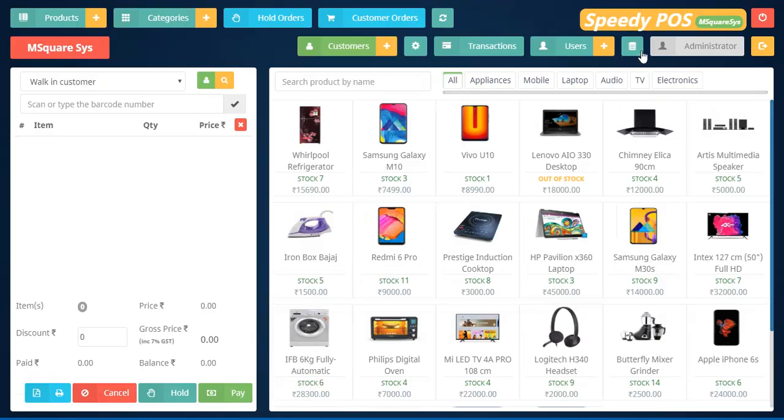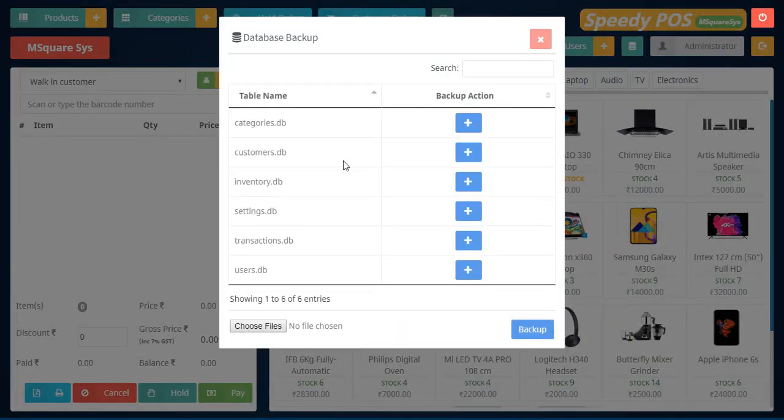Next I am going to tell about the database operation. So here we are providing the database backup. This is very important. Whenever there is a problem in your billing software or anything in your system, better you take the backup. So here you can select which data you want to back up. You can select categories DB, customer DB and inventory.